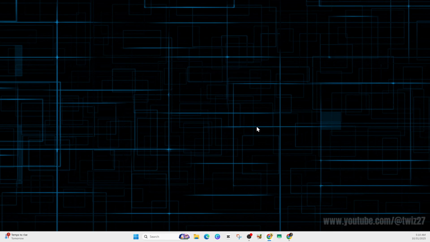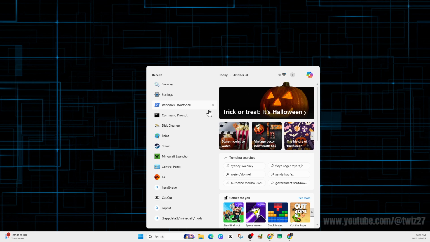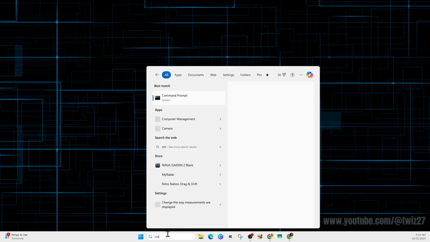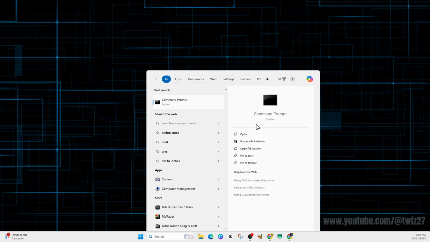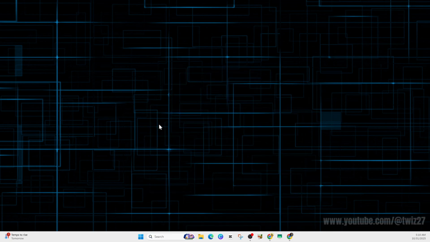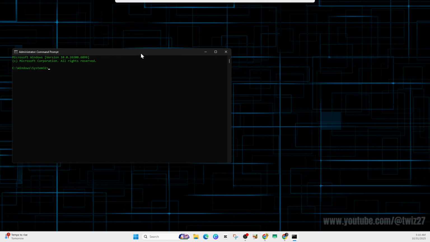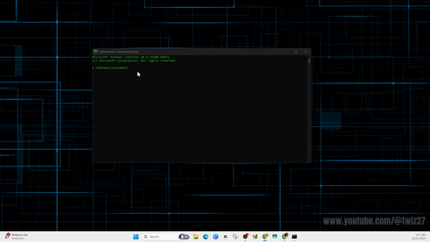Now the next fix is to open up Command Prompt. So type in CMD and then run this as administrator. Now what we need to do inside of here is clear the Windows Update cache. This is the SoftwareDistribution folder. So we need to type in